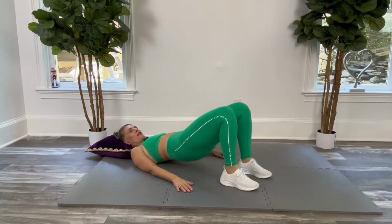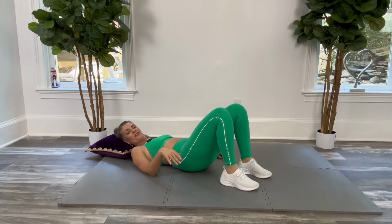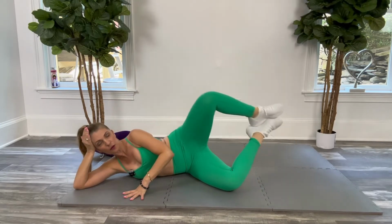We're gonna go through the right side, the left side, and then we just have some inner thighs to finish and a little bit more back extensor work. I know it sounds like a lot, but it's not. Slowly lower down, gently roll to your left side, right leg's on top, and you're gonna just open up to